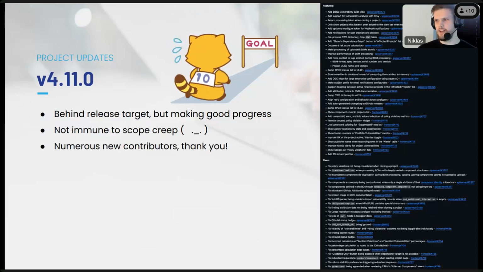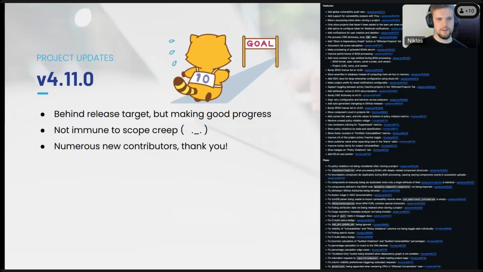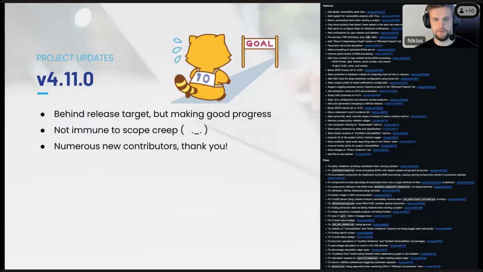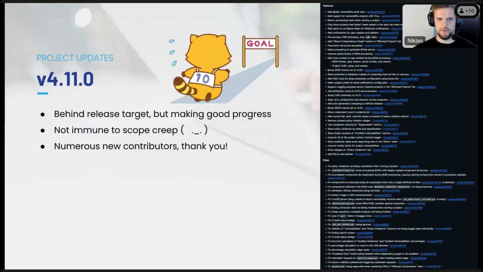But I really want to highlight this. We did get lots more contributors, unusually many more. I'm not quite sure if this is a correlation with us doing regular community meetings now, but I really hope it is, because that would be an amazing outcome. Many new contributors, even with small contributions that really make an impact. Very much appreciated, so thanks to everyone who did contribute. That is pretty much everything for the 4.11 release. It's still to be released soon. Obviously, we cannot give exact dates, we are just a community project, but it is really soon and we are almost there.